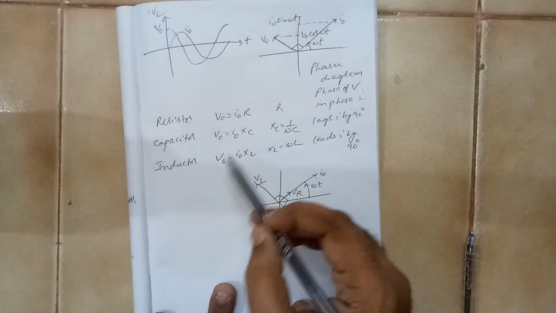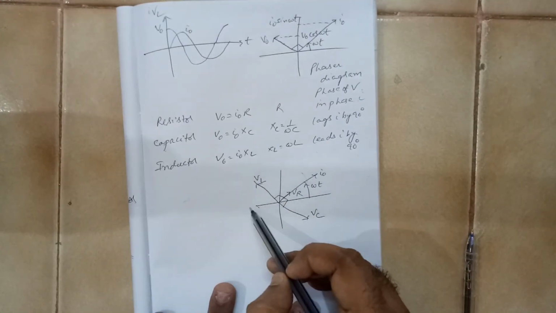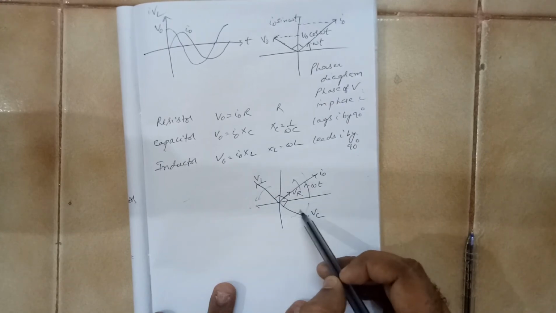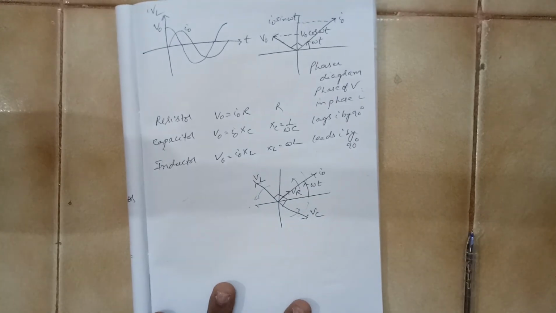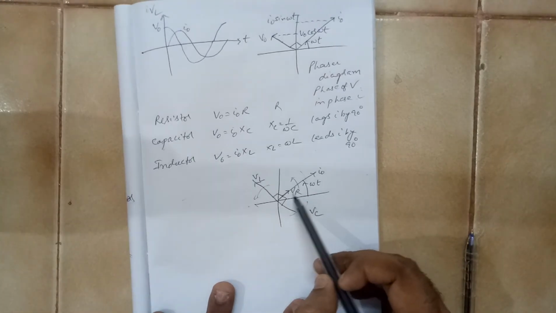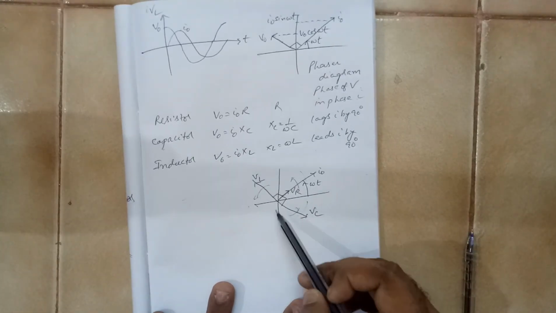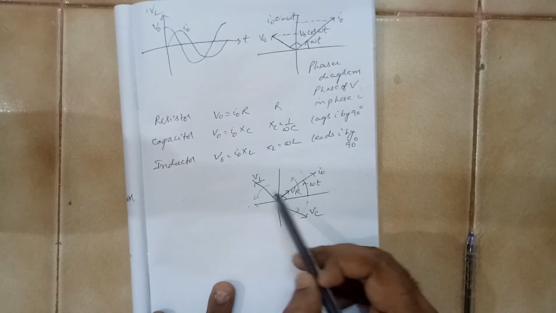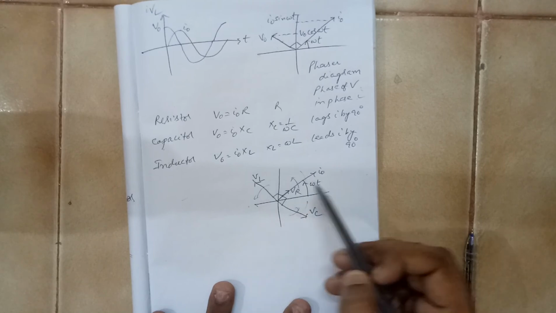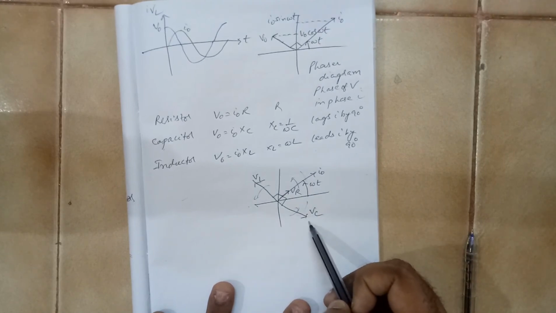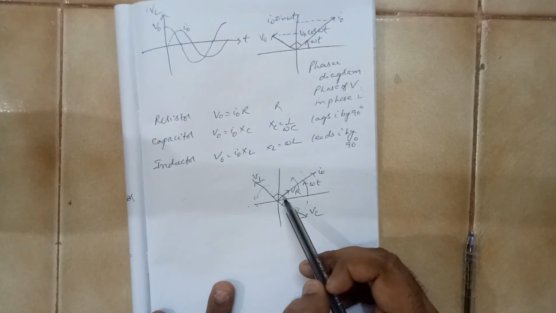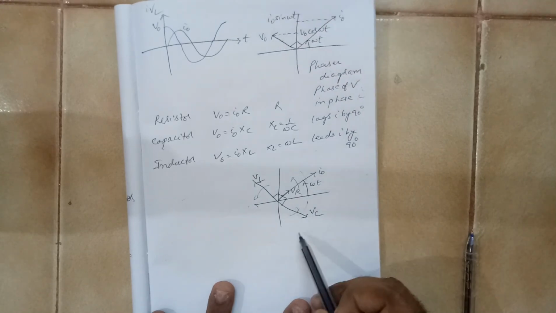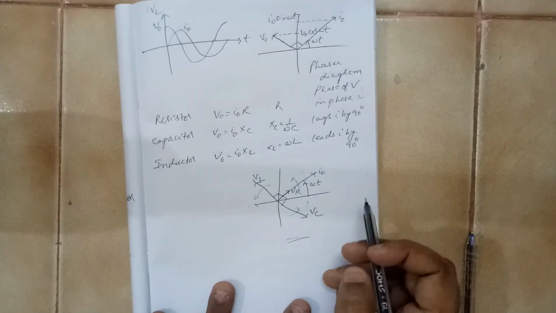That means this whole thing is rotating now. When this rotates, this also rotates, this also rotates. It goes like this, like this, like this, but they will move in a particular pattern. So here VR is in phase with I0, VC is 90 degrees behind, whereas VL means inductor voltage, and VC means voltage of the capacitor. Inductor voltage is 90 degrees forward and this is 90 degrees behind. So this is the combined phasor diagram.